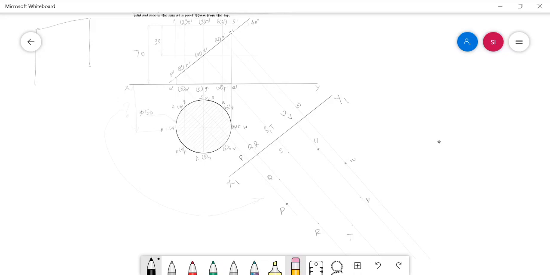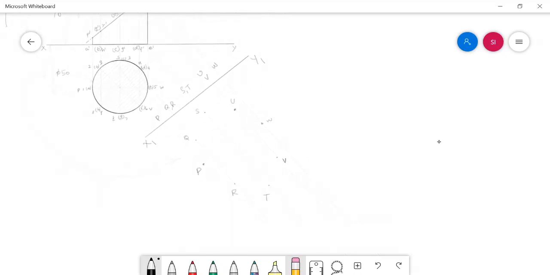Now you have to connect the cut points, not with the straight line like your previous problems. Here the solid is a solid of revolution, that is your cylinder, a circular base solid. You need to connect the cut points with a smooth curve. For that purpose you can use your French curves and do it. Connect them with HB pencil.